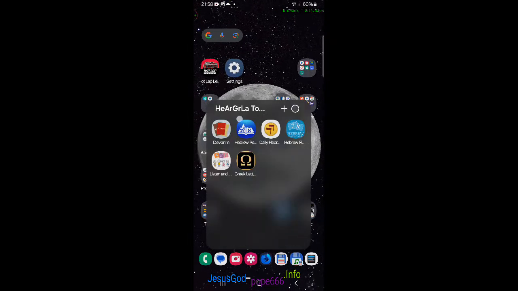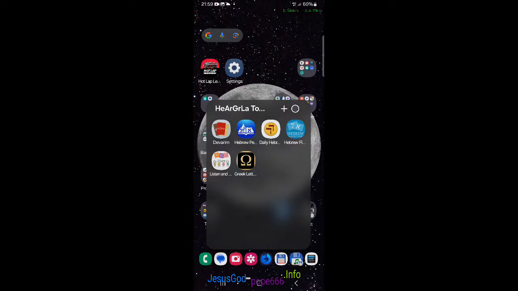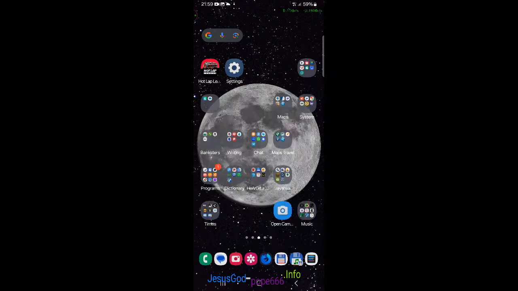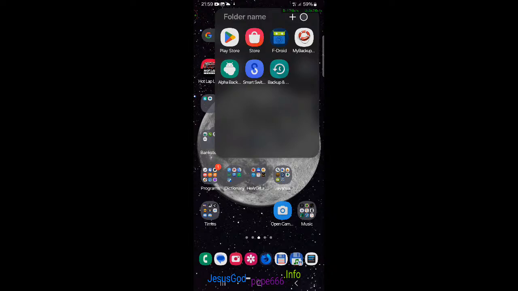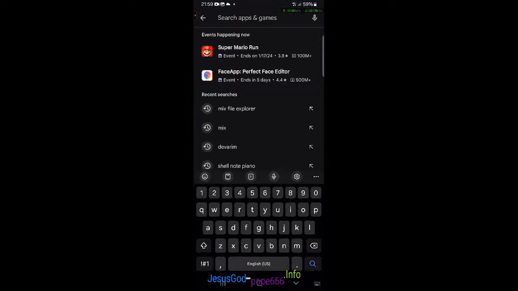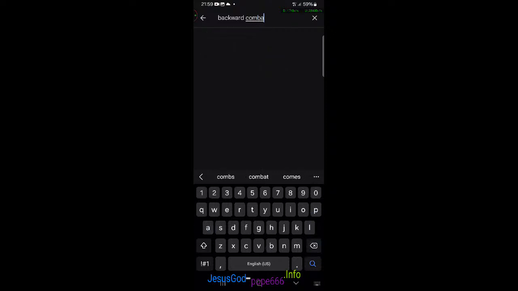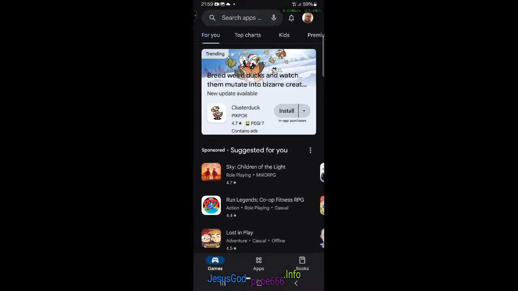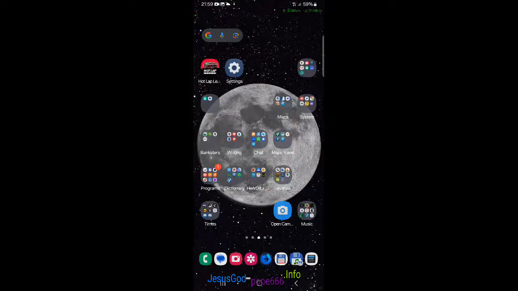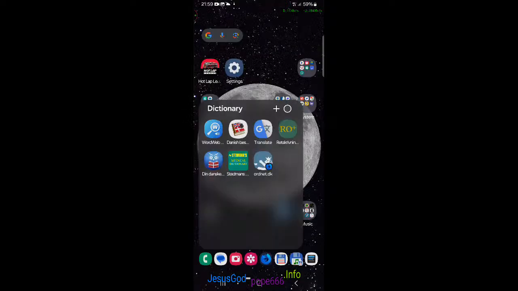This application, of course, hasn't been updated for a long time, but give me a break, Google couldn't make any backward compatibility, are you kidding me? There must be some kind of application that can make some kind of backward compatibility. I can't. My brain is just not for it, I guess. But you would think that there might be an application that could make some kind of backward compatibility.